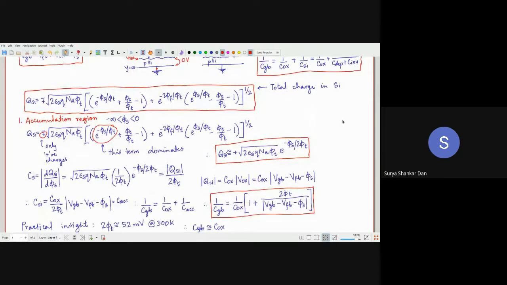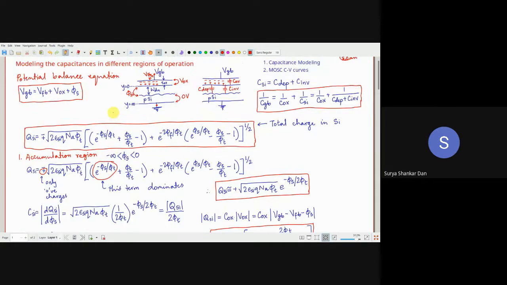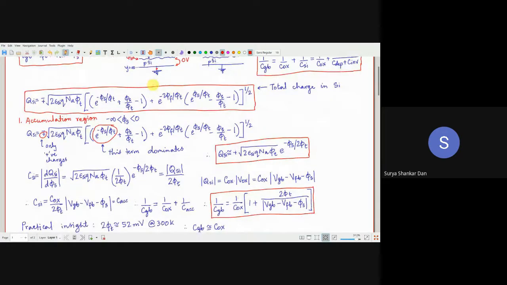Okay, so whenever we spoke about the accumulation region a couple of lectures ago, you remember that the surface potential was negative. Correct? You are applying a negative bias to this terminal. So VGB was negative, so that you are essentially pulling in more number of holes towards the surface. Depletion region का तो कोई concept ही नहीं है उस वहाँ पर. Inversion का तो छोड़ ही दो.